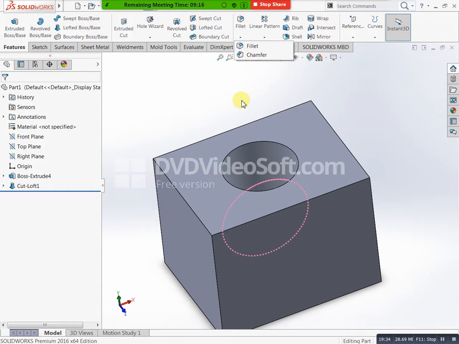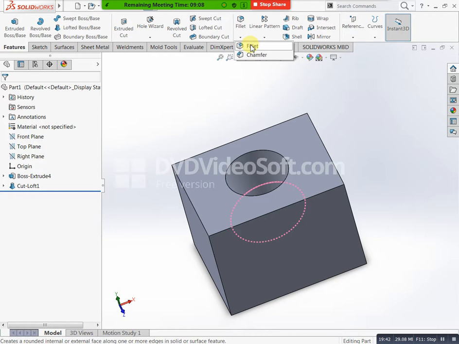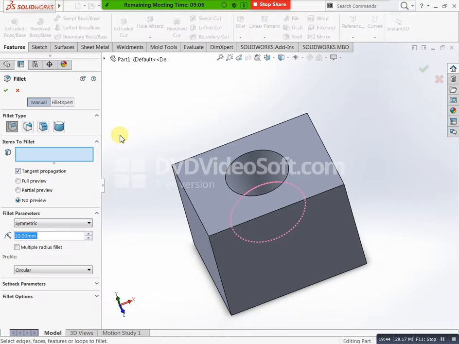This one 5 radius. For example, I need to use one more. Here we have variable radius fillet. Variable radius fillet means you can select this one. How many number of variation, how many number of points you need between, this is a starting point, this is ending point, for example, and between these how many portions or how many points you need, here you need to mention.